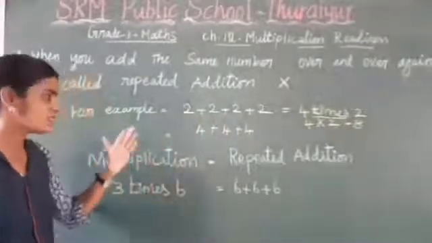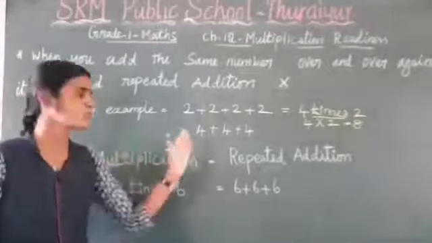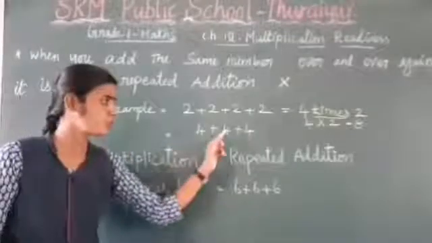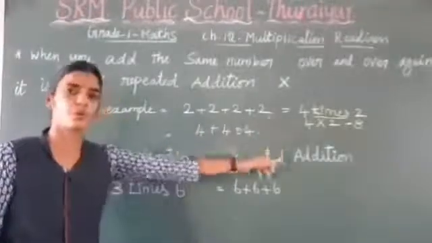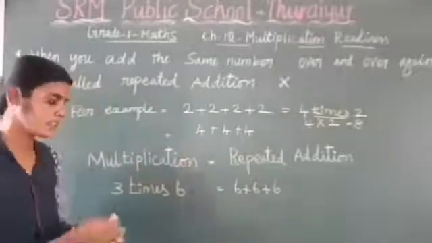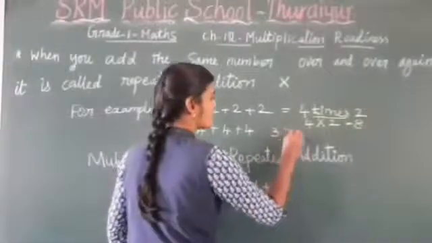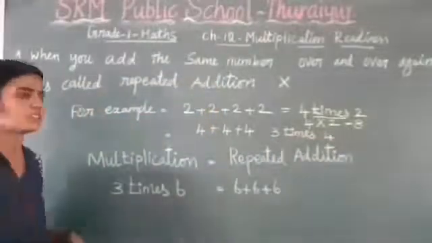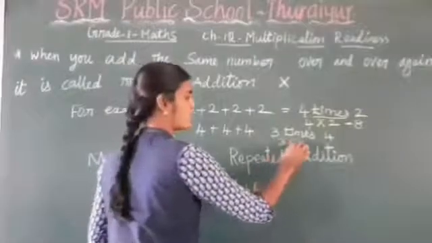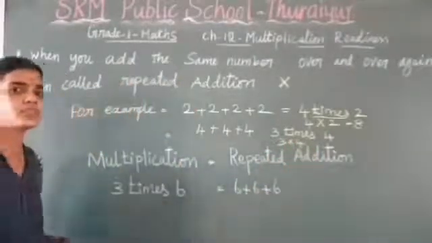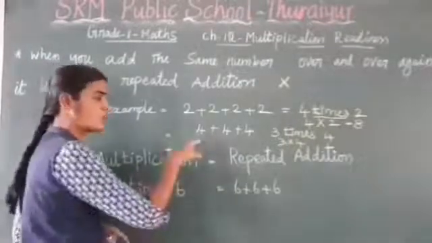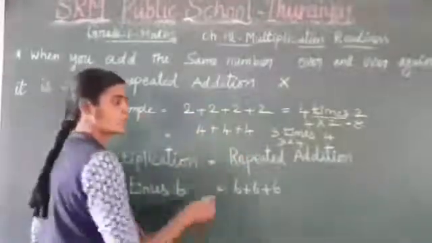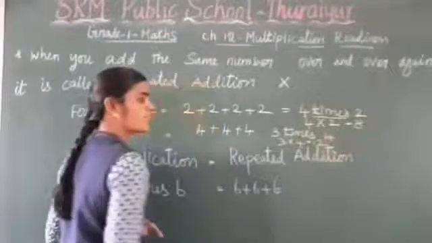Right? Okay. The same thing but using 4. This 4, how many times is it repeated? Here 3 times. Yes, 1, 2, 3. So 3 times 4. How do you write the multiplication form? 3 into 4. 3 4s are 12. So how do you get it? 4 plus 4, 8. 8 plus 4, 12. So 3 times 4 is 12.